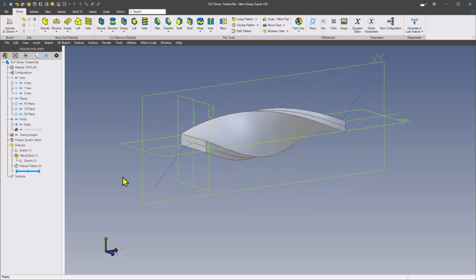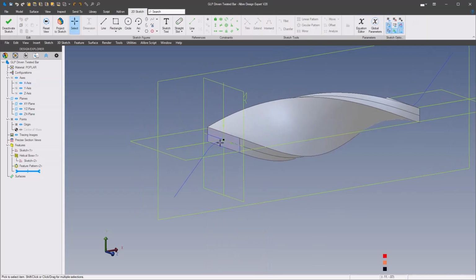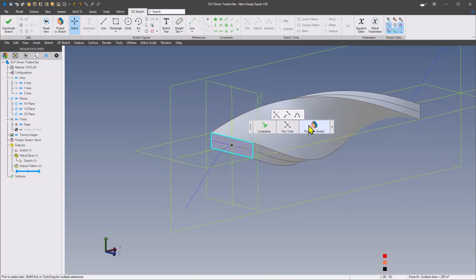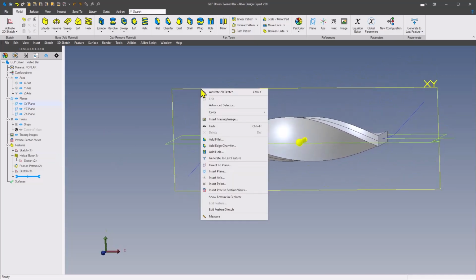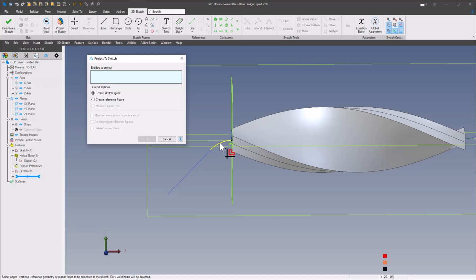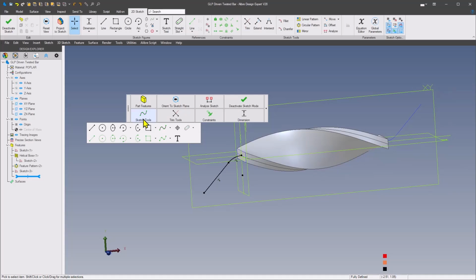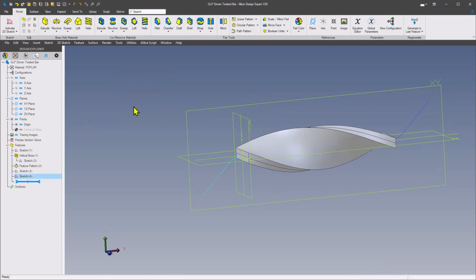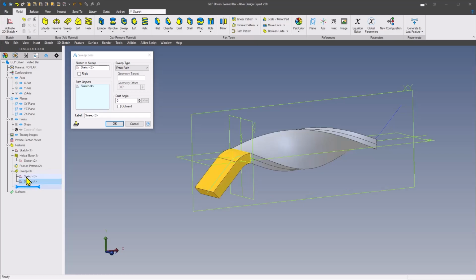So now the next is going to create our leg on each end. Here we'll grab a sketch on this end face, and then we'll just select this face, project to sketch, select maintain association, and then we're done with that. And then we're going to grab a sketch on this XY, and here we'll grab our project to sketch tool and select this arc from our skeleton sketch. Maintain, it's going to be a sketch figure, and we're going to maintain association and OK that. And then deactivate our sketch. We'll go to our sweep, and we want to sweep sketch 3 along sketch 4, and then